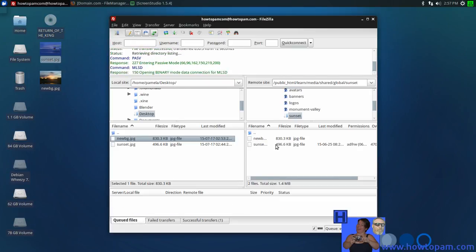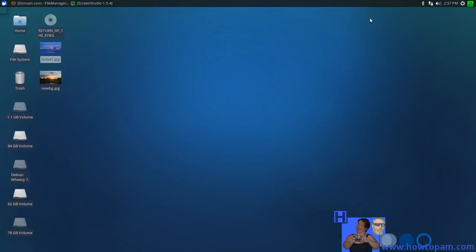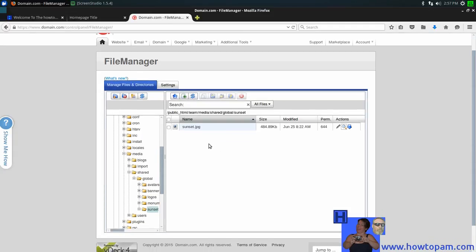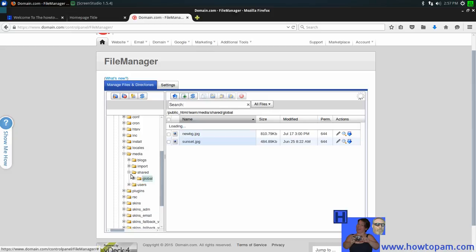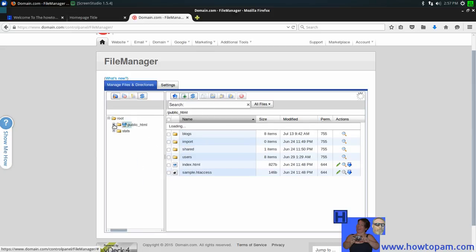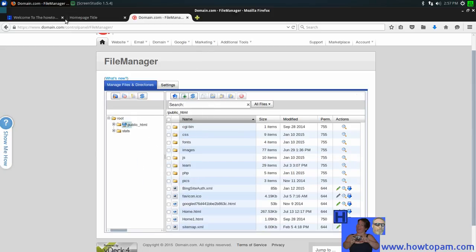And you see it's on our website in the folder now. So we can close out here, and we can go back here, and we can refresh this directory here, and we should see there's our picture in there. Okay, so now we know what's in there, so we can satisfactorily close all this out. We've got our folder uploaded, and we can go back